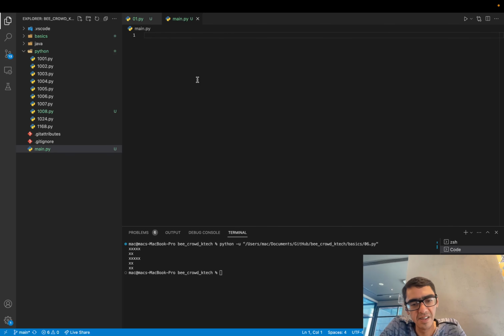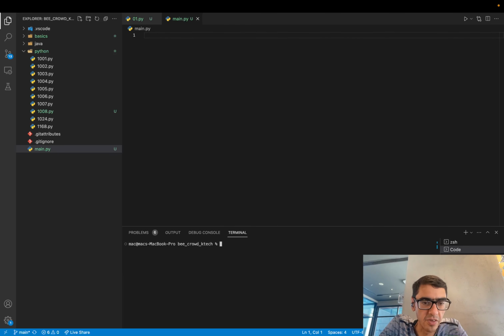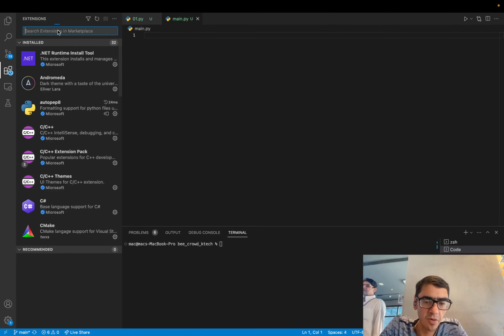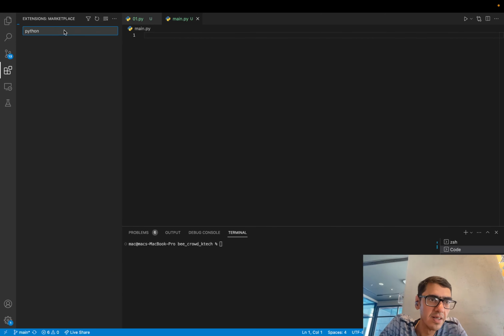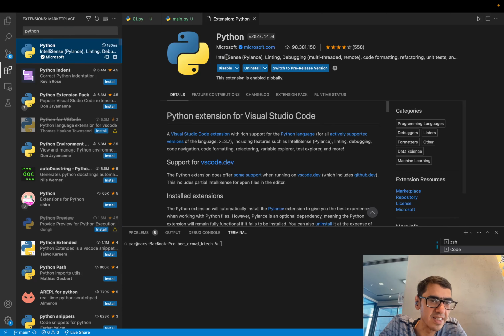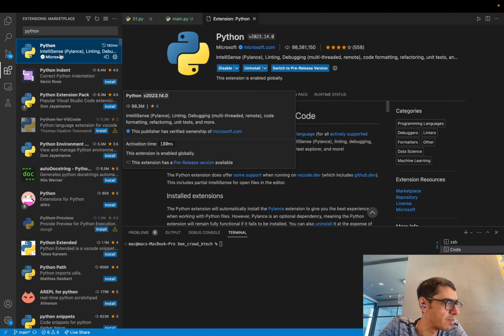Okay. Now, starting with Python, the setup is very simple for Python. All you need to do is install Visual Studio Code. And after having Visual Studio Code, you need to go to extension and look for the Python extension. This Python extension will provide you with IntelliSense. That's the main point. It doesn't actually provide you with Python